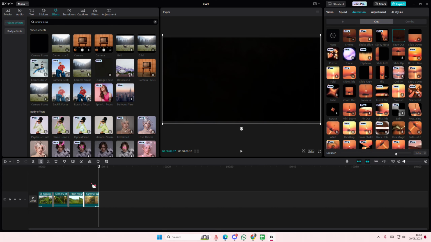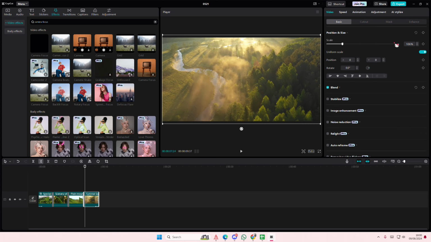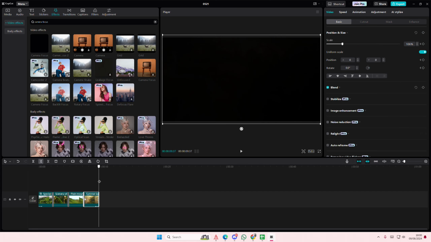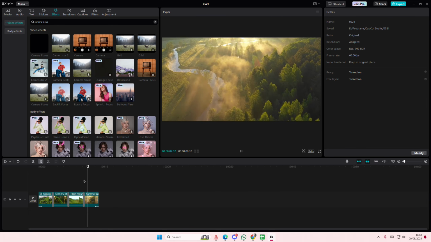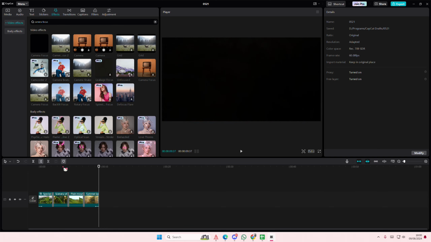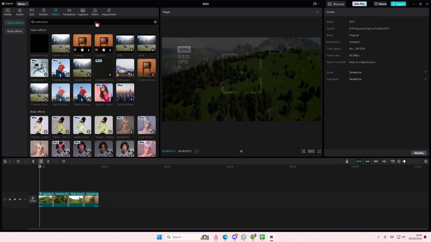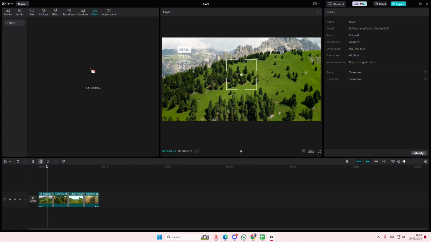fade out. Then on this video, add a keyframe at the beginning, and at the end you're going to want to zoom out. Like that. Then you're just going to add in filters according to your liking, but that is pretty much it,